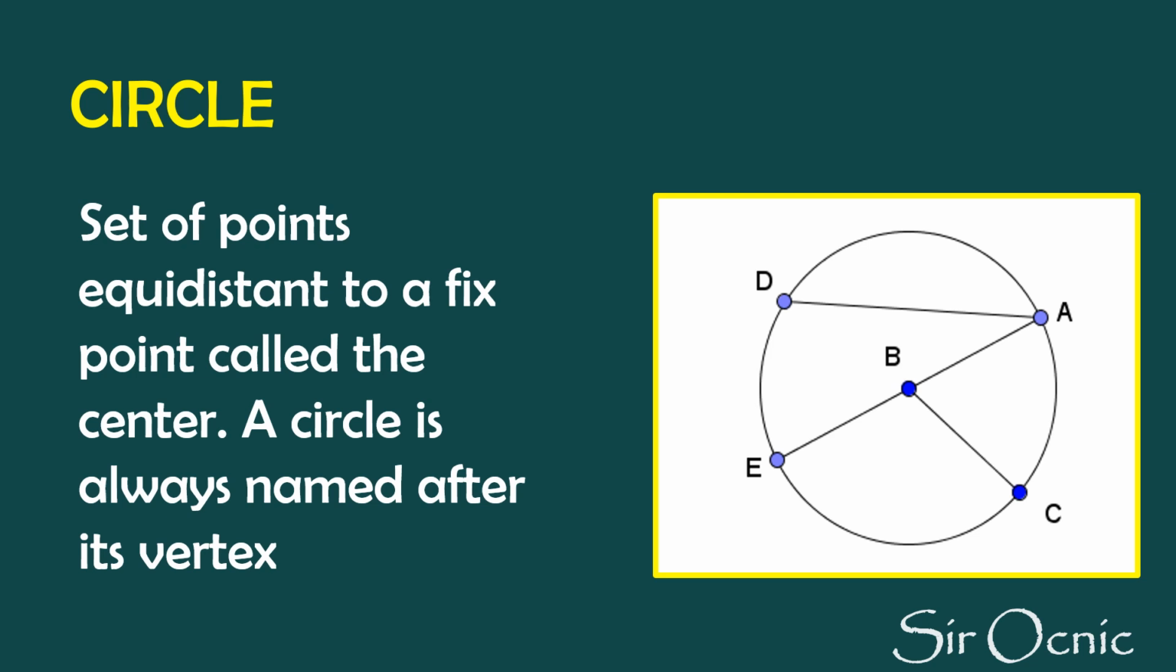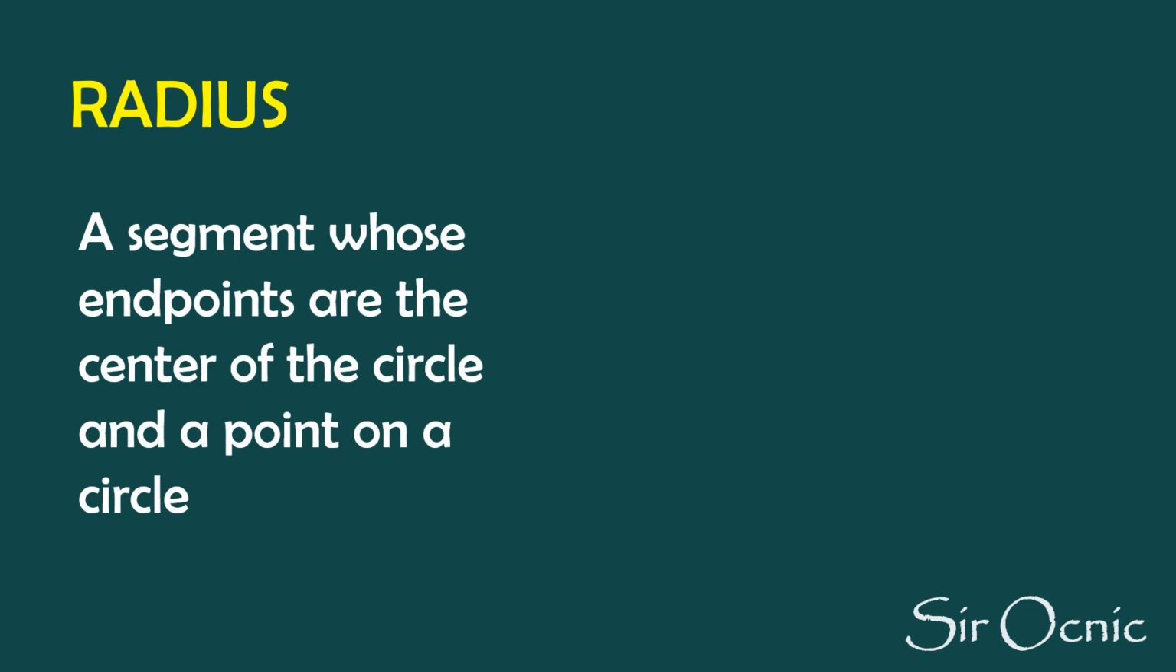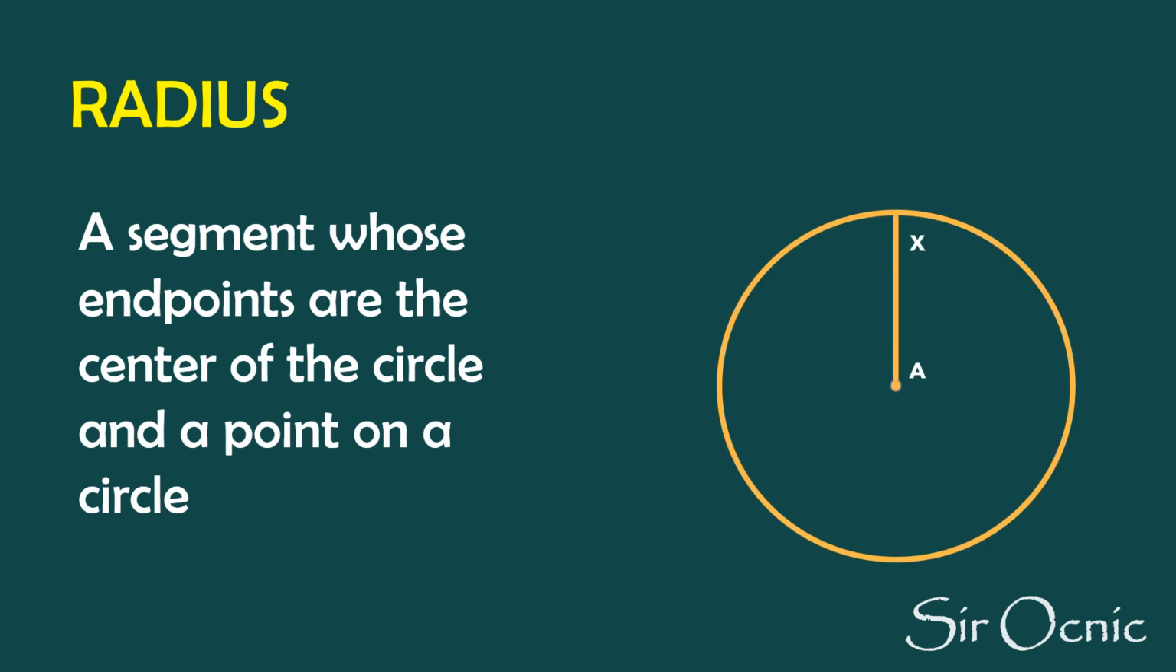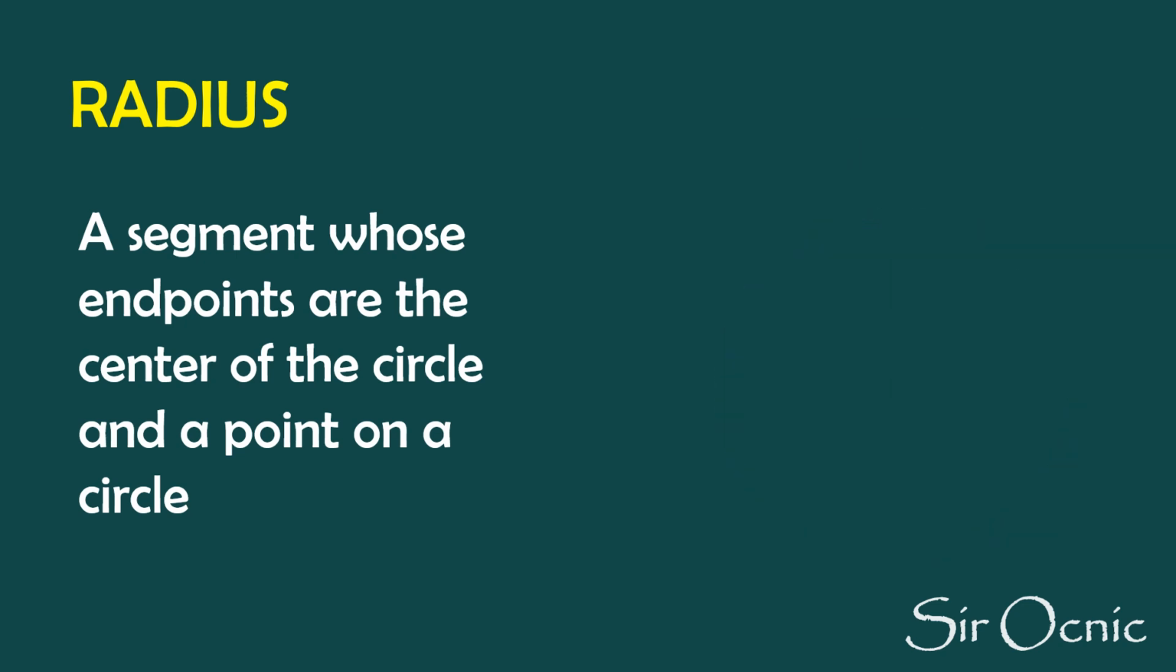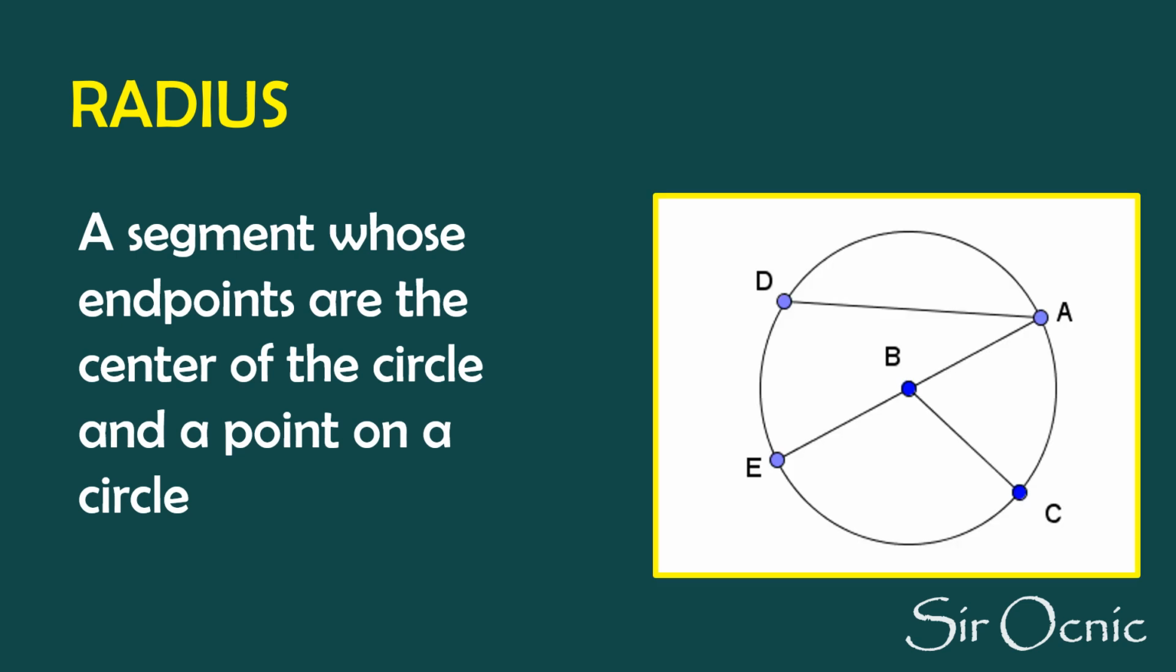Let us name the circle on the right side. This circle can be named as circle B because B is the center of the circle. A radius is a segment whose endpoints are the center of the circle and a point on a circle. This is an illustration of a radius, and this radius can be named as segment AX. Let us name all possible radius in this illustration. We have segment AB, segment BC, segment BE,